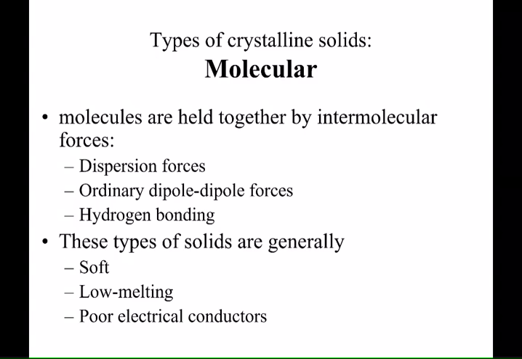So, make sure we're all on the same page here. Crystalline solids, we're starting with molecular crystallines. Now you see molecular and ionic, we've been talking a lot about compounds being either a molecular compound or an ionic compound. Do you remember I said if you can find a nonmetal in the formula for that compound, that means the compound must be molecular? Then it must be molecular, because somewhere in there we have electrons being shared.